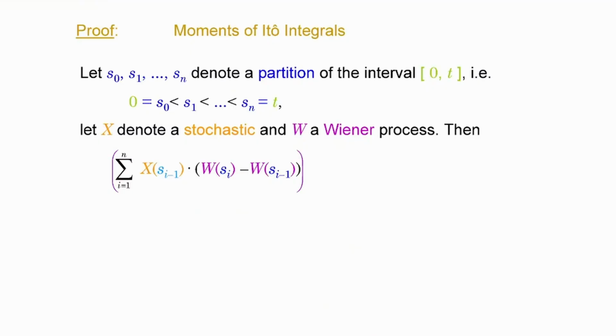Now, regarding the variance, which is going to be my final statement for today, the variance of the sum from which the Itô integral comes. The variance of a sum is not in general the sum of the variances. However, since the expectation of the Itô integral, which corresponds to this expression, is 0, the variance is going to be equal to the expectation of its square.